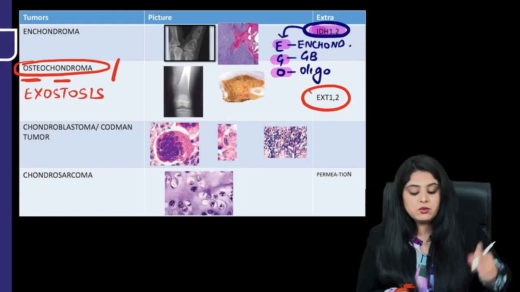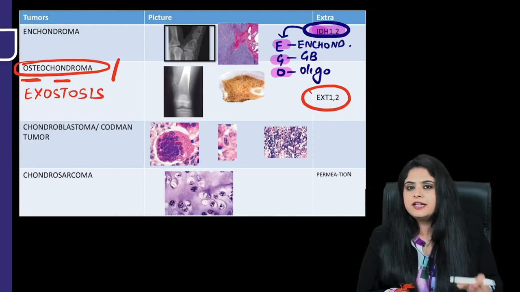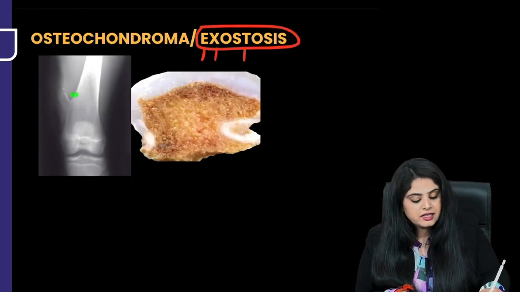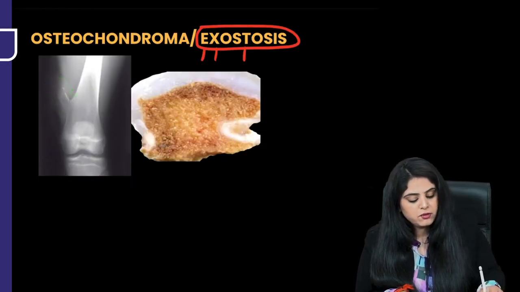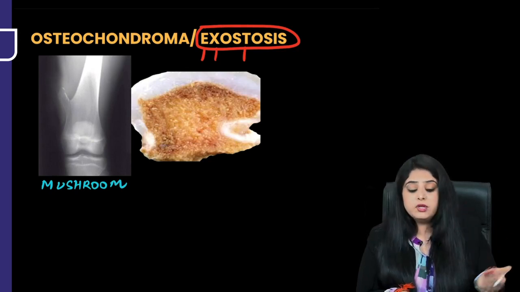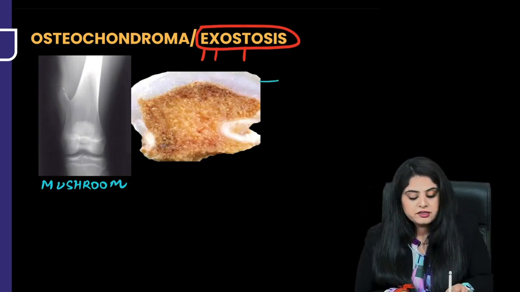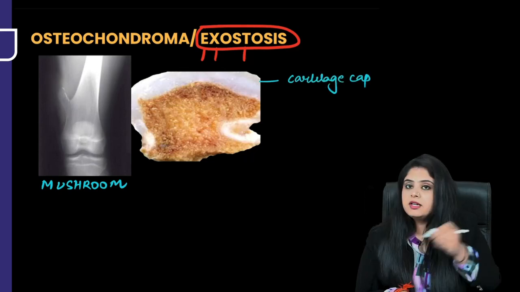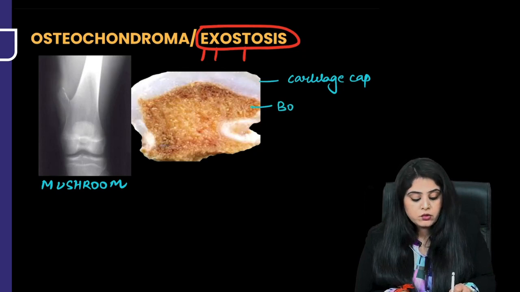What is exiting out? Let us enlarge the picture. I will see that there is a bone that is exiting out in the form of a mushroom. That is how they define it. This is a kind of protrusion. So you will say, what is exiting out, ma'am? Cartilage, your bone, everything. The cartilage is going to form a cap, so the cartilage is also going to be a covering,